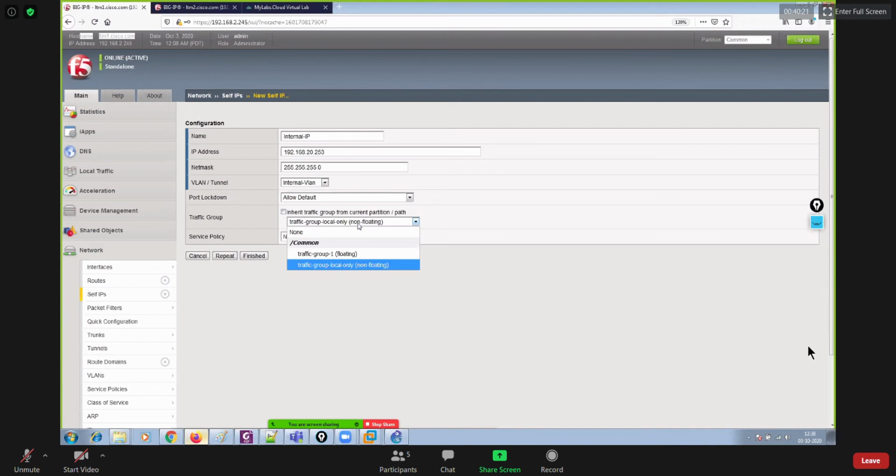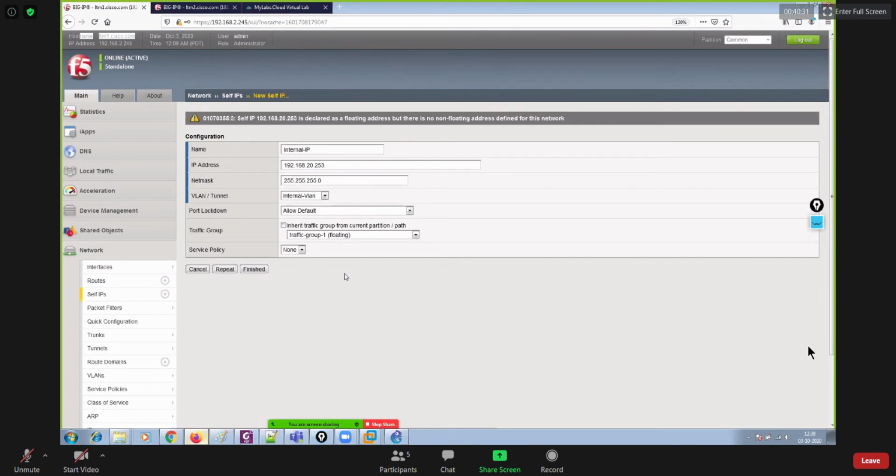So here, non-floating IP is your physical IP, and floating will be your virtual IP. If I directly configure a floating IP, it will not accept that. You know why? Because without having non-floating, it is not possible to configure a floating IP. Similarly, in HSRP, VRRP, and GLBP, if you don't configure the physical IP address and try to directly configure the virtual IP address, it will not be possible, or your command will not be accepted by the device. So first, you have to have the non-floating IP address in place.